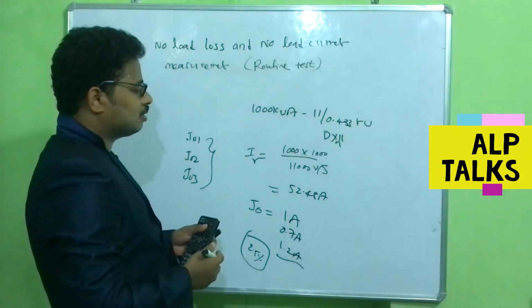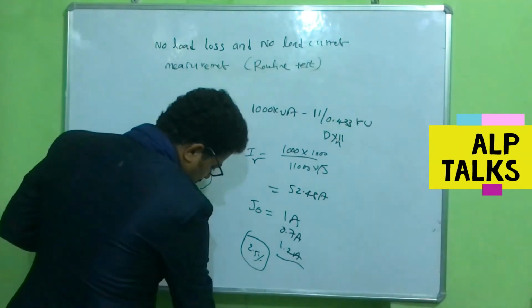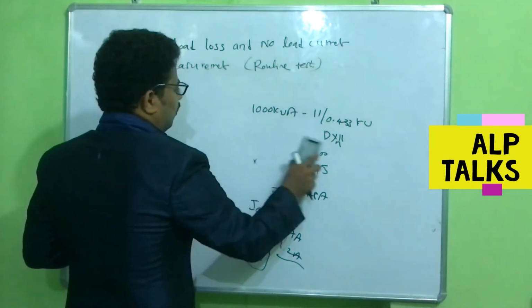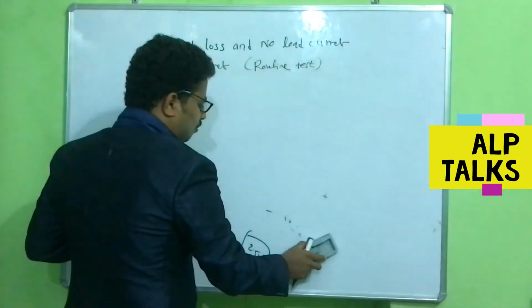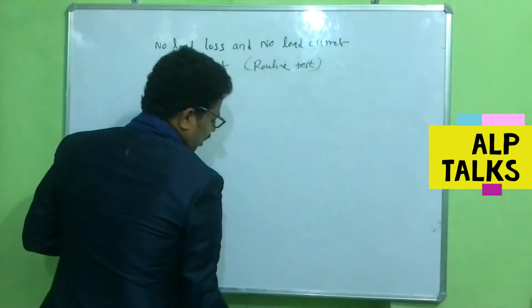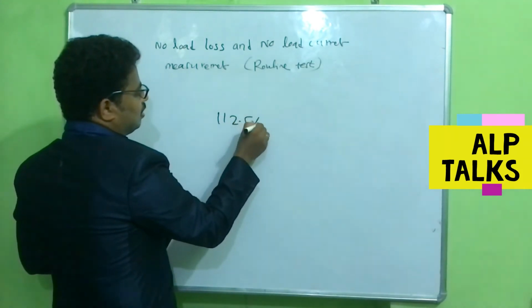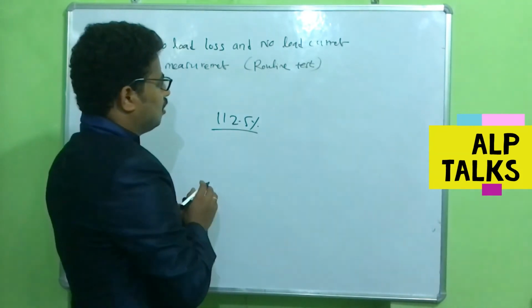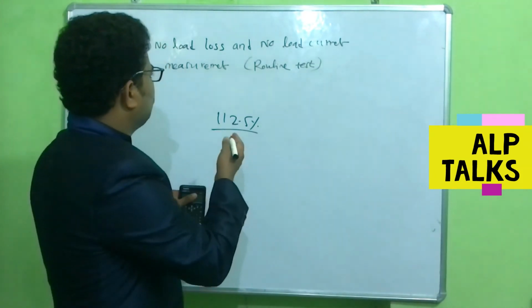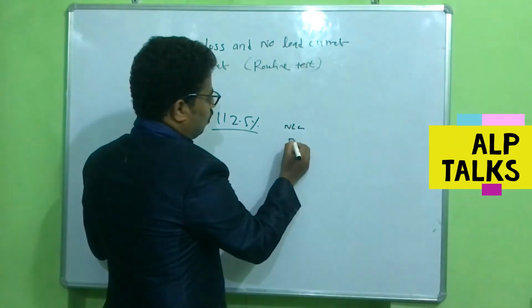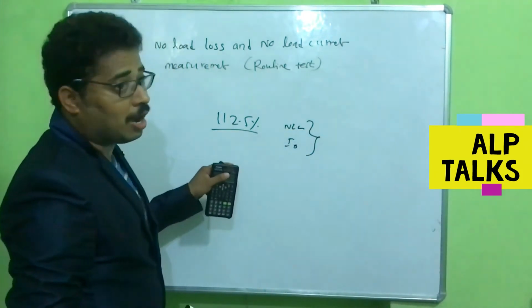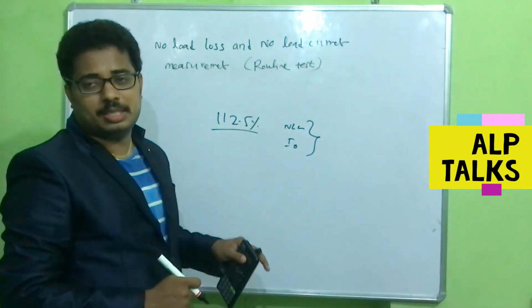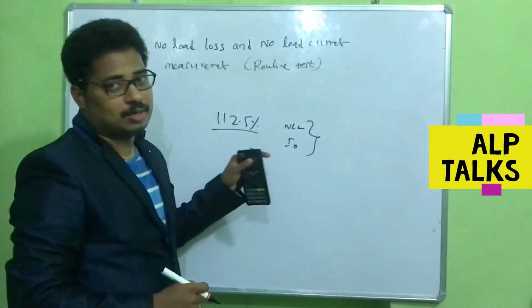And there are some cases where customer needs over excitation data also. For example, when transformer is over excited at the site due to some issue or something, say for example at 112.5, this is the most common figure, 12.5% higher side, customers will ask for these no load loss and no load current. So we have to excite the core by this much, 112.5%, and you have to check all the no load loss and the no load current.